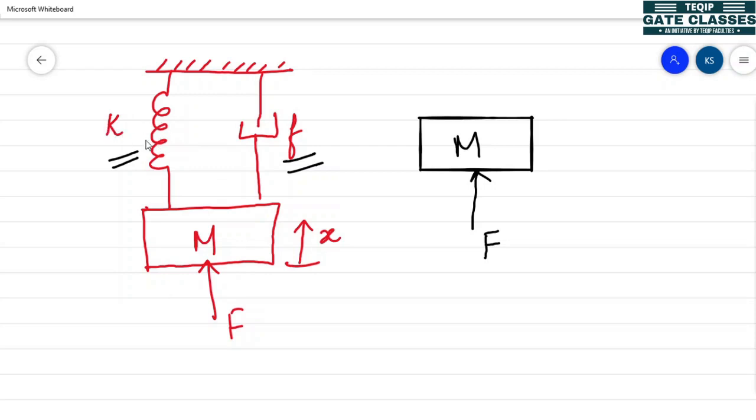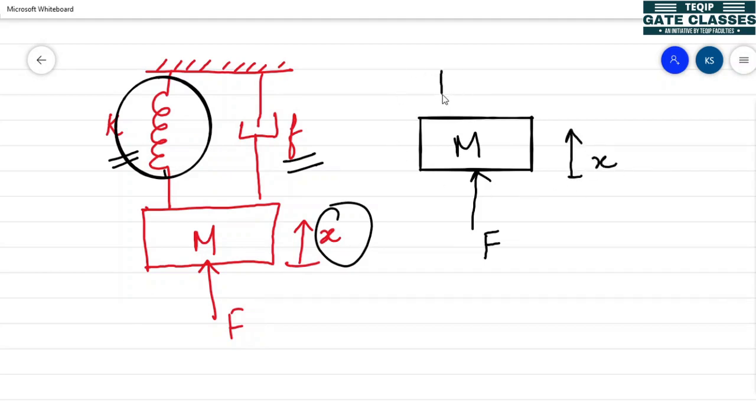As I already told, the force developed by the spring is always opposite to the displacement. Because displacement is in the upward direction, the force acting by the spring on the mass is in this direction, which can be written as